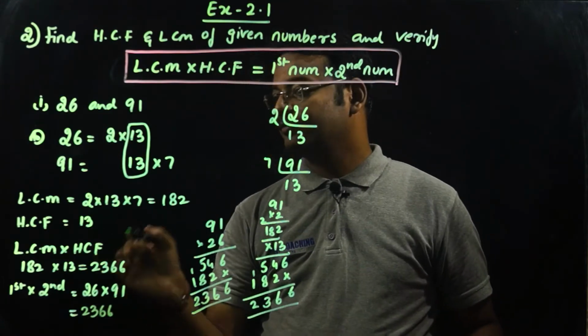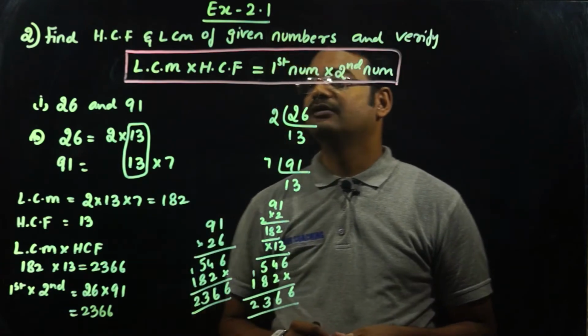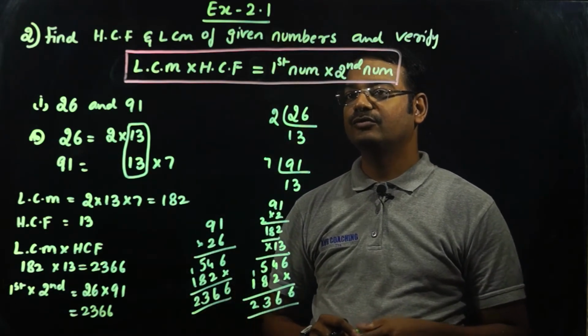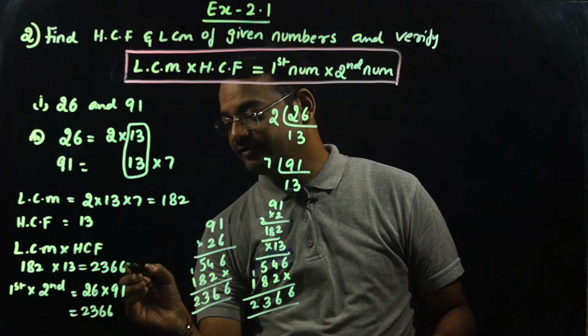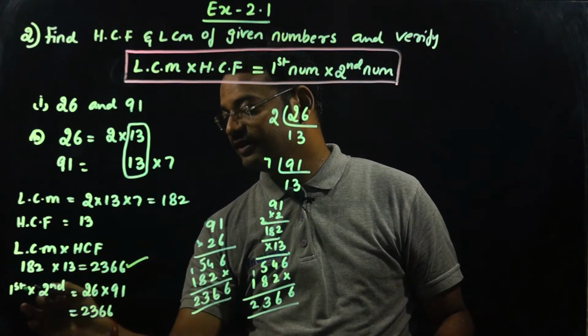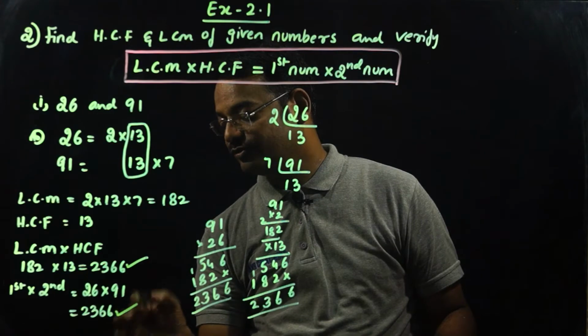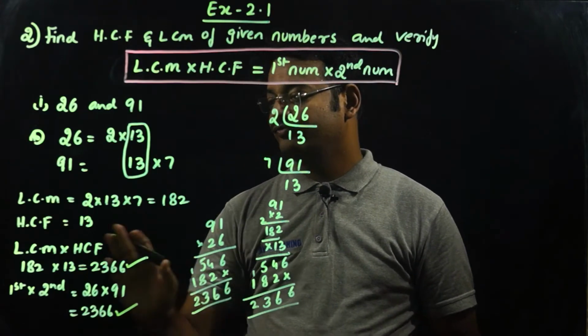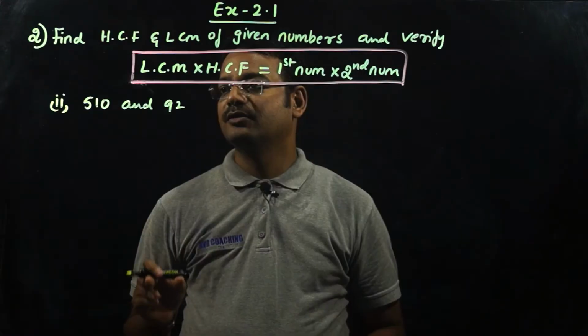So the formula LCM into HCF is equal to product of two numbers is verified. Here LCM into HCF is also 2366 and first number into second number product is also 2366. So we have verified the formula. Second bit,